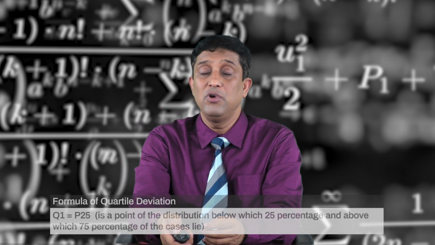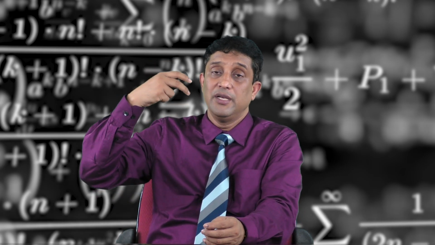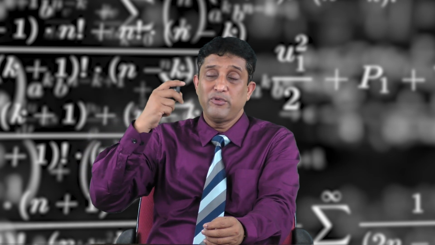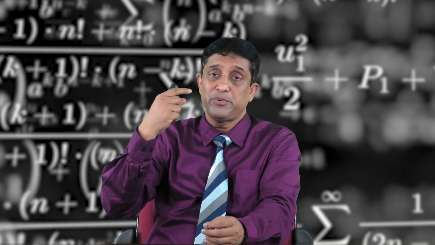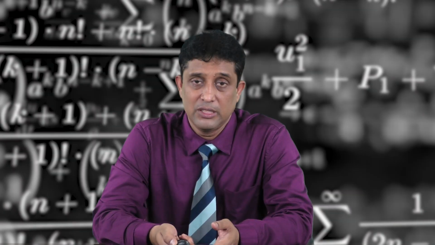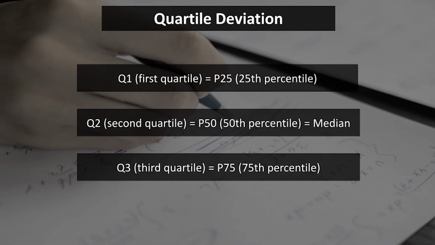So what you have to do, first after getting the scores, you have to arrange the scores in descending order, highest to lowest. And then you have to find out Q1, then Q3, then you have to subtract Q1 from Q3, then you have to divide it by 2. So that will be the quartile deviation. So friends, I have already said that Q1 is the first quartile, that is equivalent to